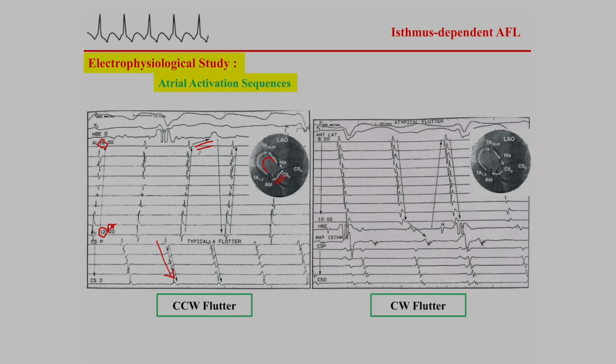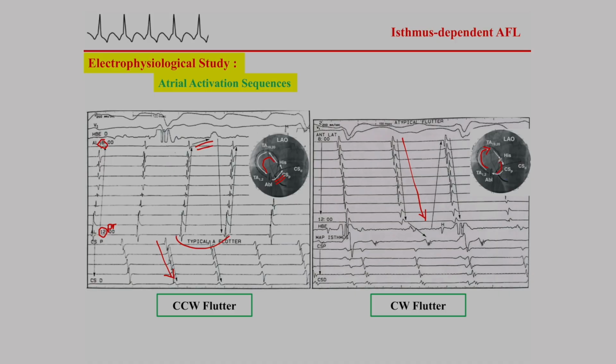The most important thing here is this sequential activation, and that the activation covers the cycle of the atrial flutter. For clockwise flutters, we will have the reverse circuit, and we will have ascending activation from distal to proximal. As you see, it's caudocranial here in the image, with a delay between the His bundle